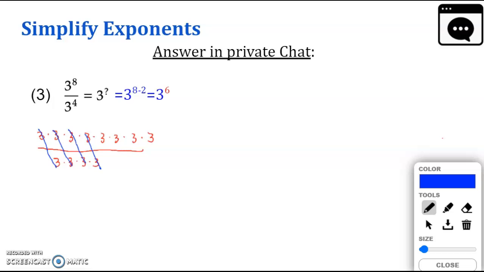Okay, and this is an error here. It should be minus 4, and it should be 3 to the power